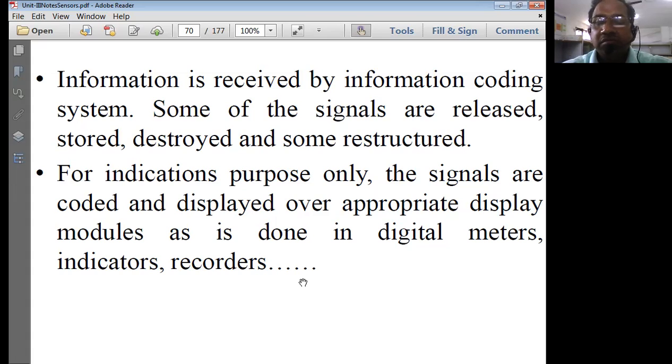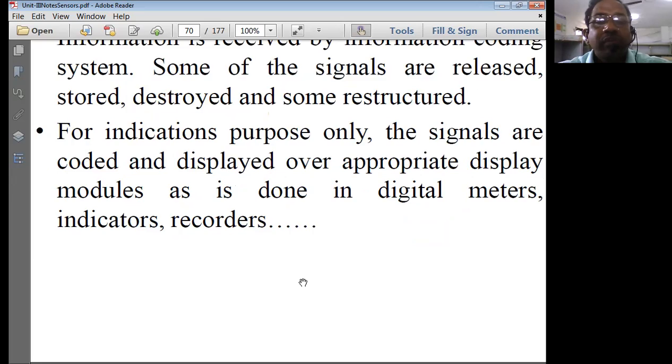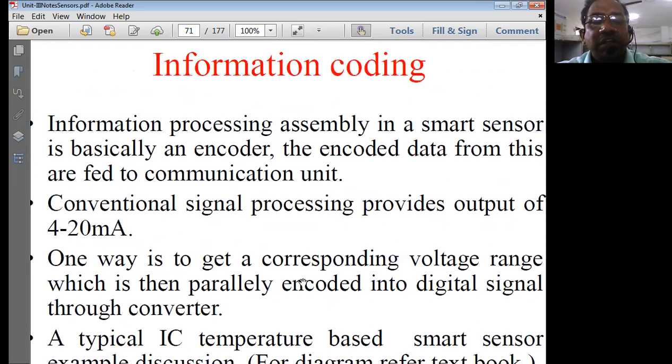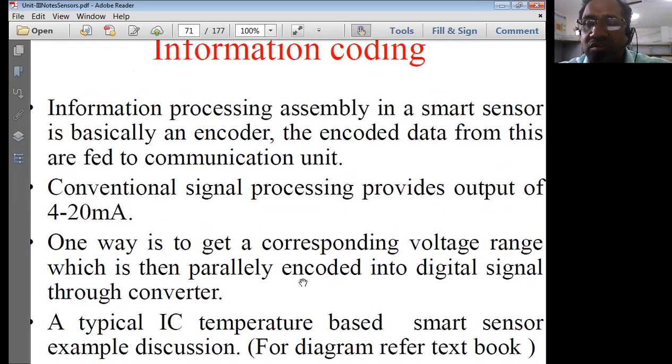Coding can be done for the digital meters, for the indicators, for the recorders, and for data communication in terms of baud rates. Coding is normally meant for providing more secure data, and it supports the communication media also. That is why information coding is very much essential. It provides encryption of data, decryption of data, line coding, and channel coding in case you want to transmit data over very long distances. All this is what we normally use in information coding.